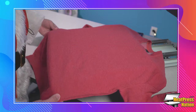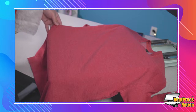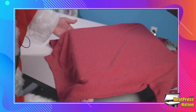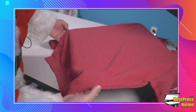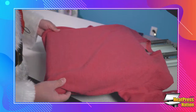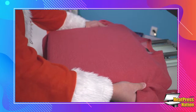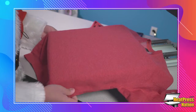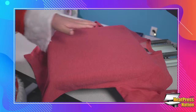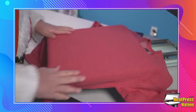Make sure if I have more fabric, you grab it by the seam. If over here I have just half a finger, but over here it's coming out to the middle of my palm, then I know I have too much fabric on this side and not enough on this side. Again, this is the manual way of doing this, and I've done this many, many times, so I'm pretty okay at measuring. Once you center your garment to the lower platen,